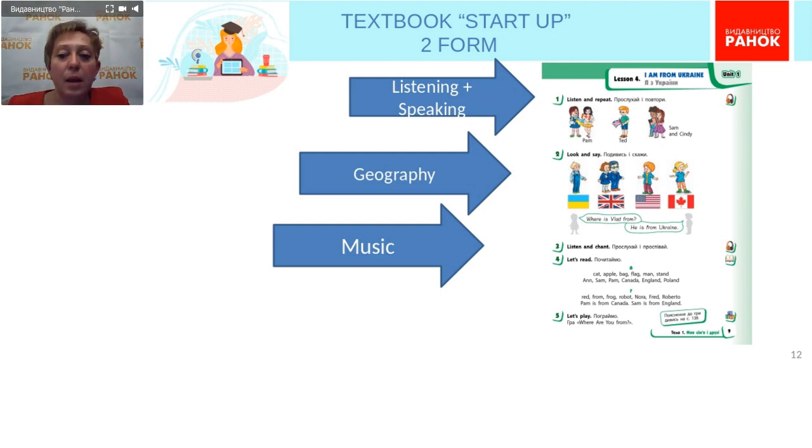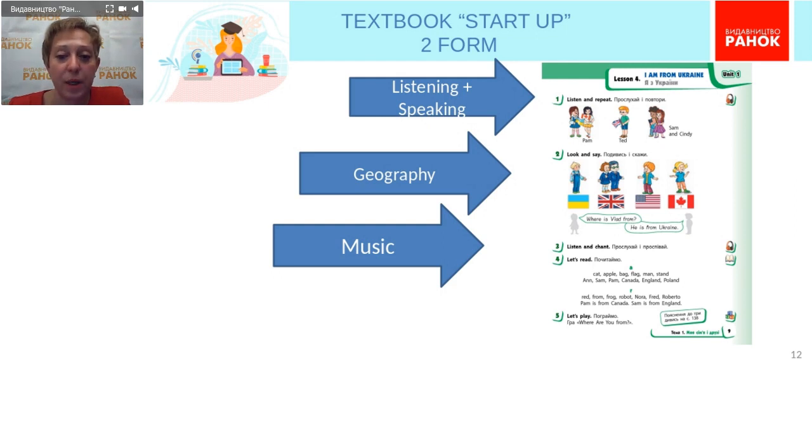Here you can see the page of the textbook. This is the unit My Family and Friends, and you can see 3 exercises. You can see even more than 3 exercises, but 3 exercises demonstrate that we use integrated learning during every lesson. First exercise, listen and repeat. It means that your pupils need to listen to the recording and